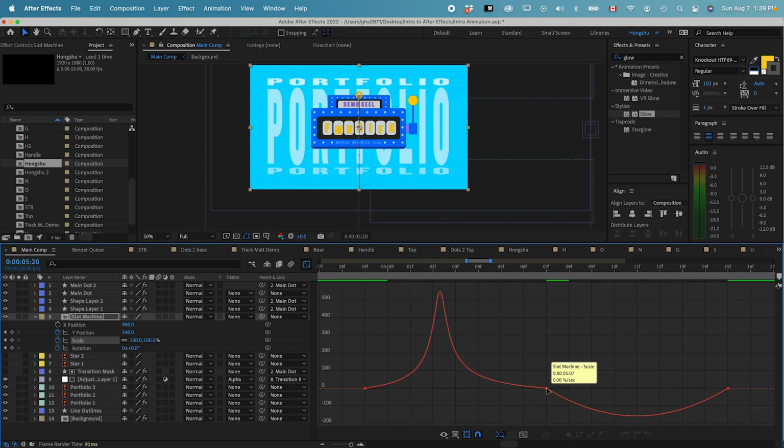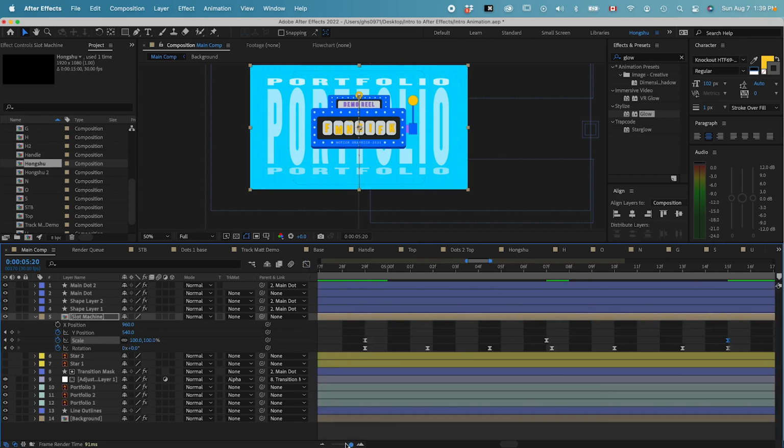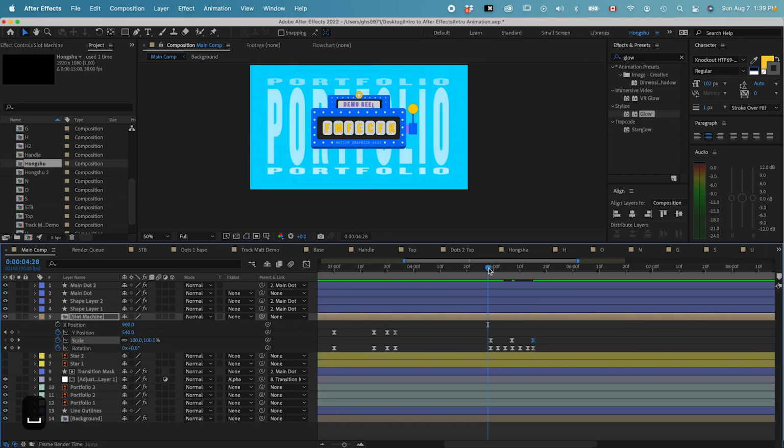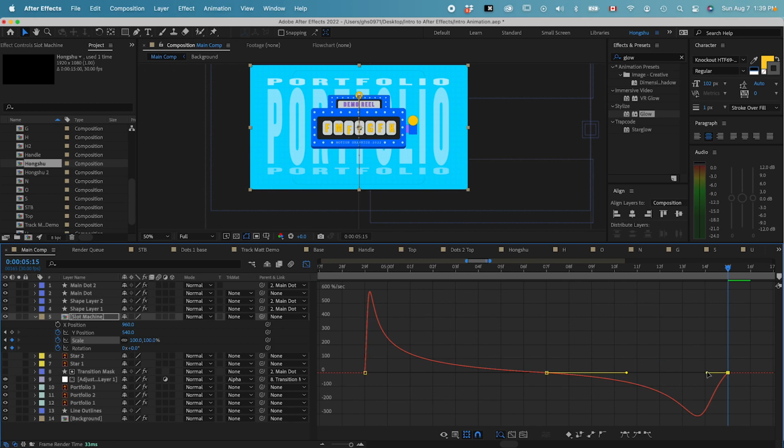Change the speed graph to a curve like this. You know what? I want it to hang in the center a little bit. So I need to drag this curve all the way out and then drag this curve all the way out